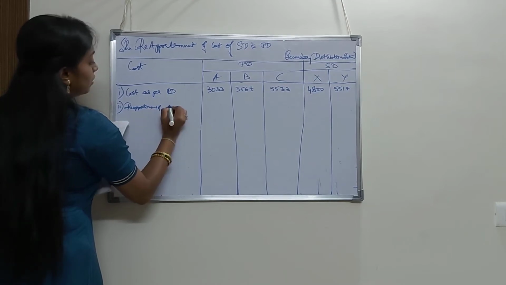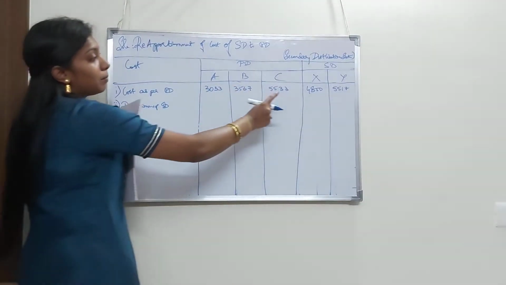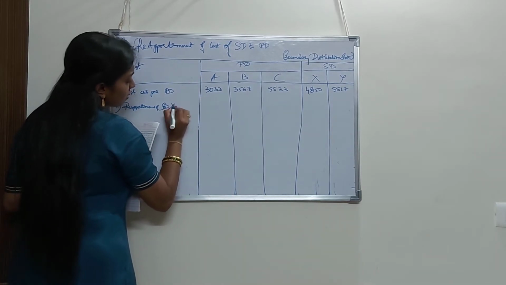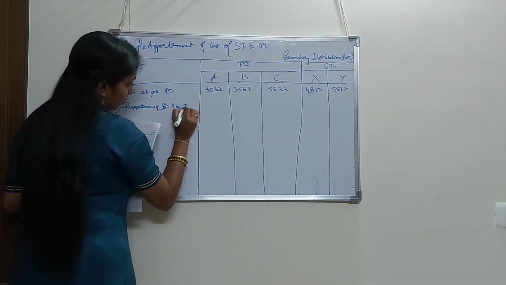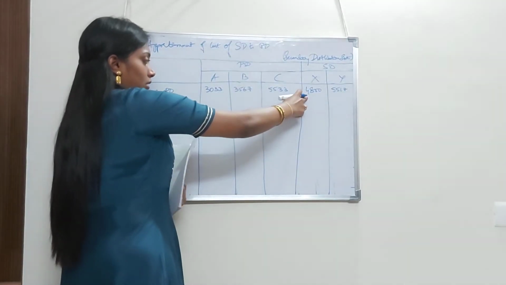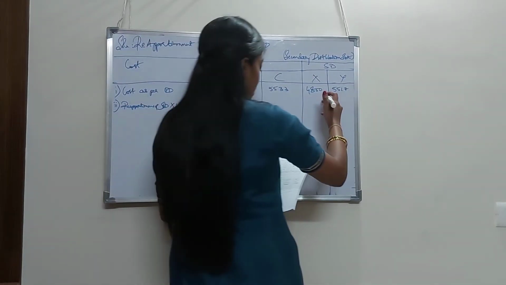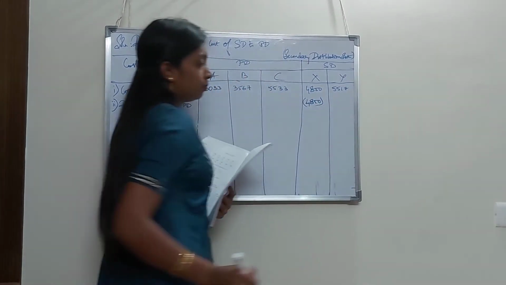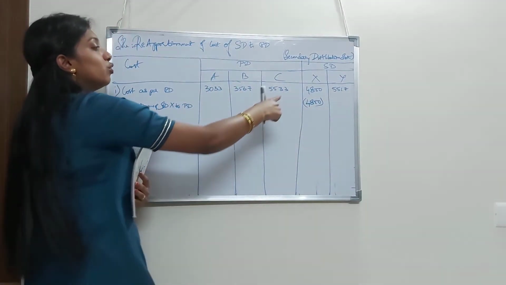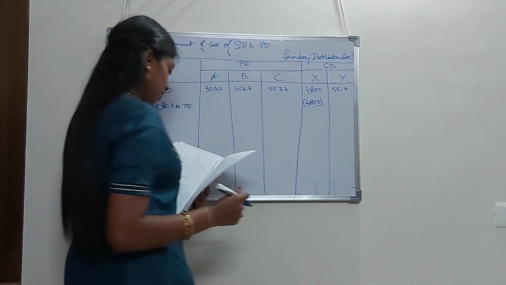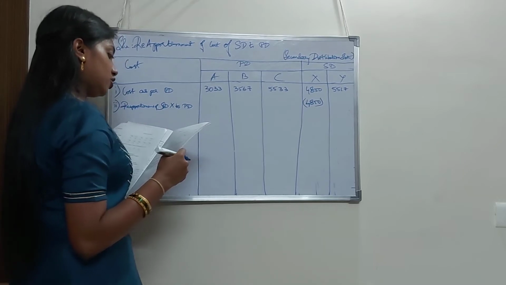Now reapportionment. The second step would be reapportionment of service department. Which service department comes first? X, right? Of service department X to production departments. Now, what is the service department total expense? It is 4,850. Immediately put this in the bracket because we are negating it. So 4,850 is distributed to A, B, C and Y in the ratio of